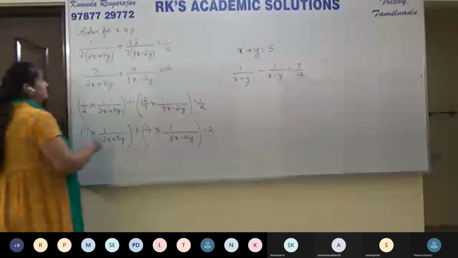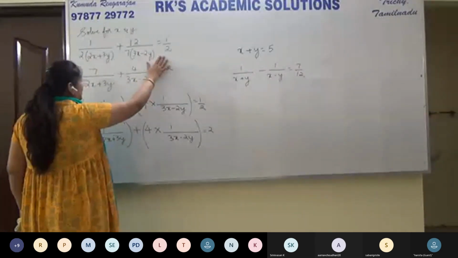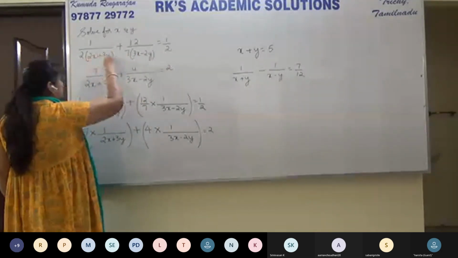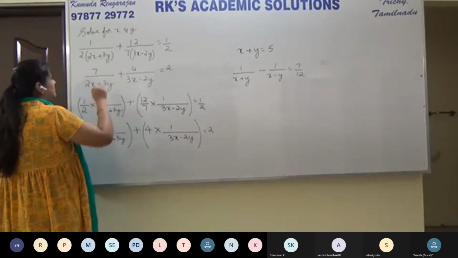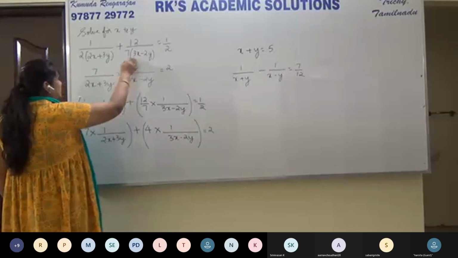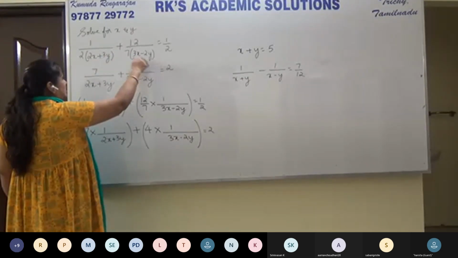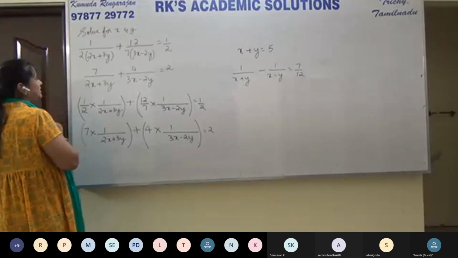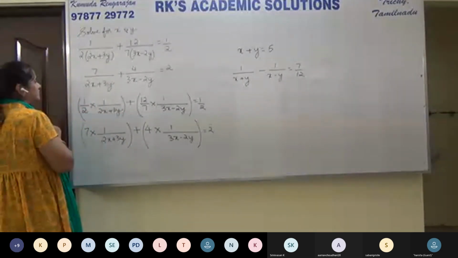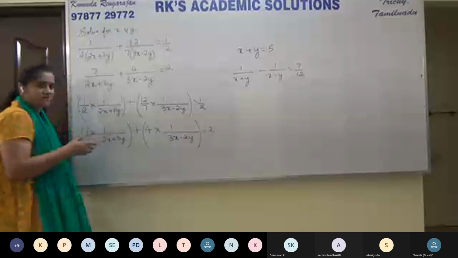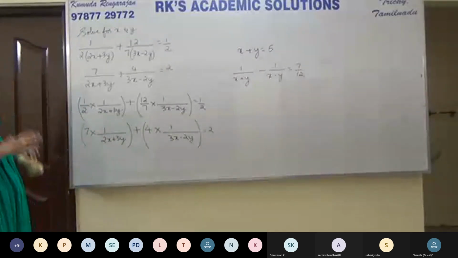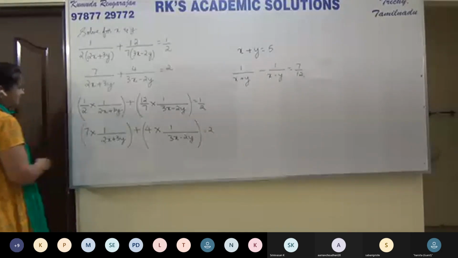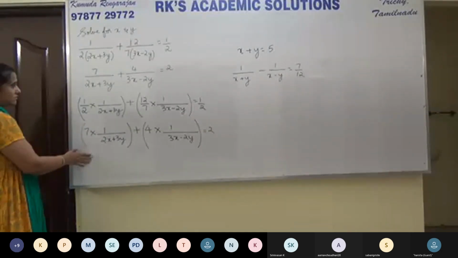So our concern is that these two equations given are not linear in style. The x and y variables are in the denominator. So when you actually simplify this equation by taking the common denominator, you will see that it is not a linear equation in variables x and y. So now we are going to make some changes and make the equations look linear. This is the first step.